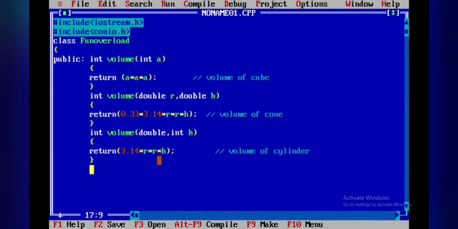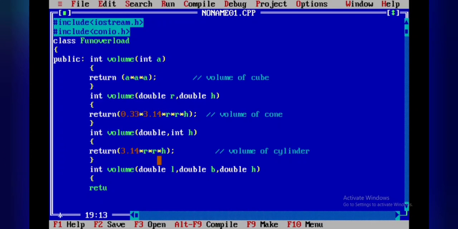So here we have another function volume of double L comma double B comma double H. So this is related to the volume of cuboid.